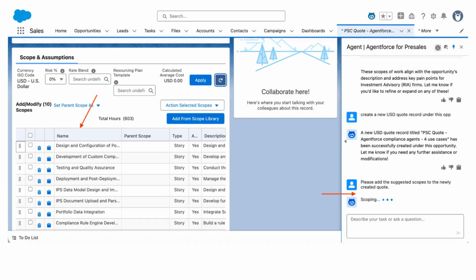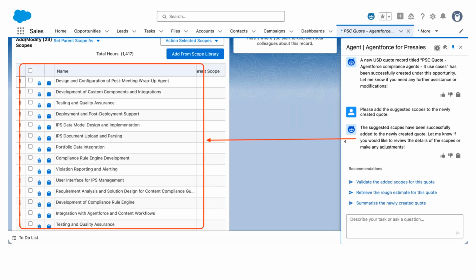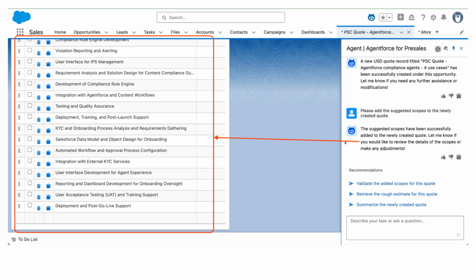The agent starts adding the suggested scopes to the quote, detailing items like design, development, and testing for the post-meeting wrap-up agent and IPS components. The agent continues to add scopes related to the post-meeting wrap-up agent, IPS, portfolio data integration, and compliance rule engine development. More scopes are added, covering KYC and onboarding process analysis, Salesforce data model, automated workflow, and user acceptance testing,